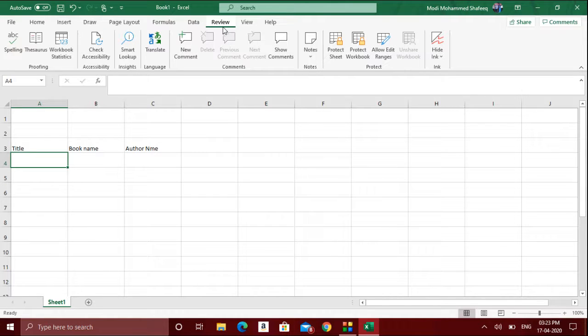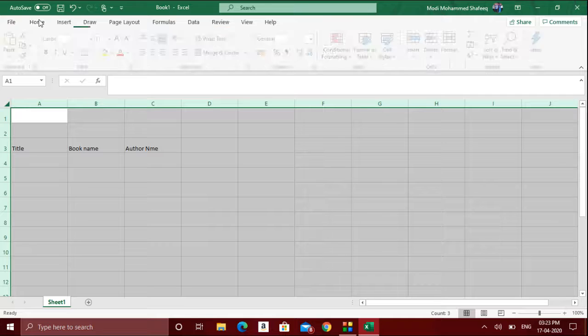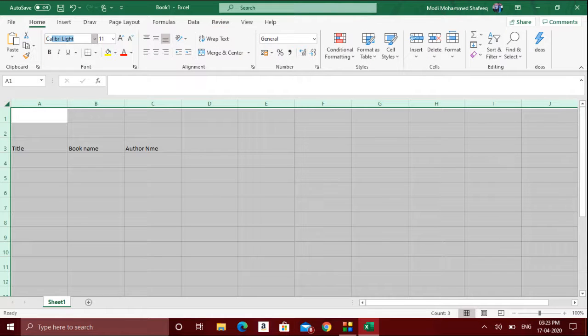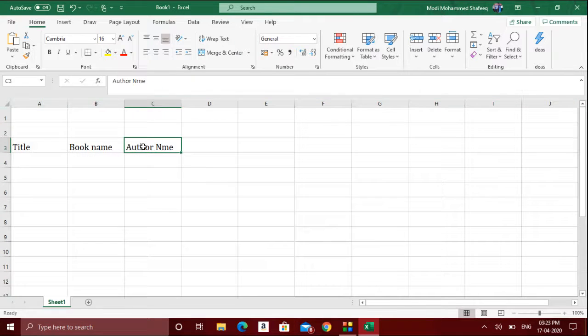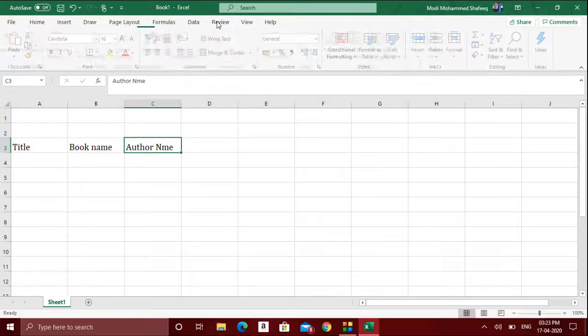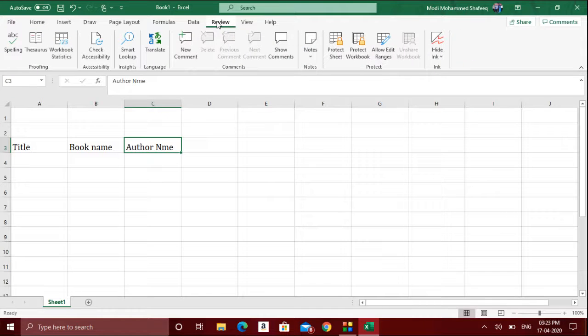Now while I was typing some titles over here, I made a mistake also. Now I know manually what mistake I have done because there aren't a large number of data available over there. Only just three cells with three different texts. So with this we can easily identify and make some changes in it. Imagine you have typed lots of data, maybe around 100 to 200 words. There, if you would have done any spelling mistake, like how in Microsoft Word it automatically corrects spelling, that feature is not available in Microsoft Excel.